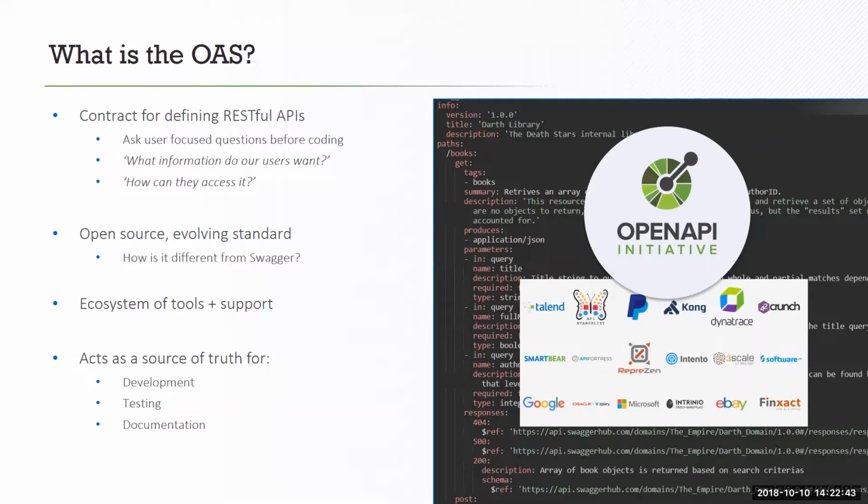It makes us ask these user-focused questions before we start writing code. When we actually have to sit down and say, okay, what is this API going to do? Not just start to write a new path and a new method against that path, and here's what I think the query parameters are going to be, and oh, we need to add a new one and another new one. Let's actually do that before we start writing the code. Let's do that as our initial stage, and it'll make us ask what information do we want the